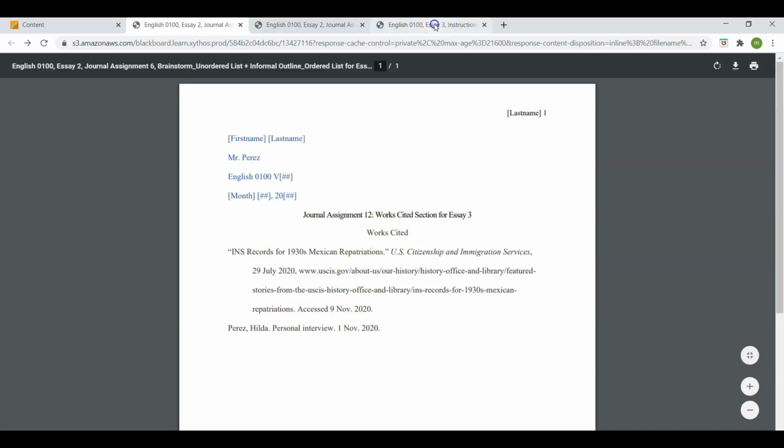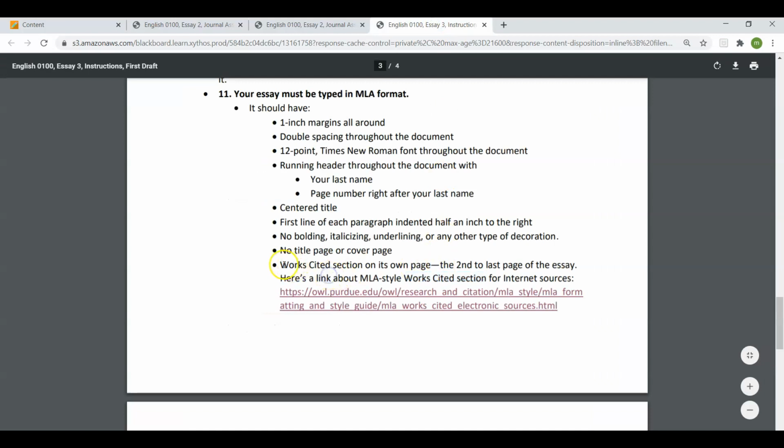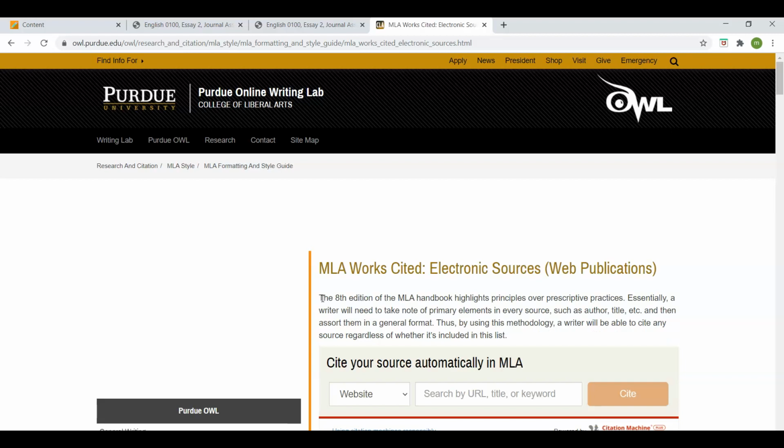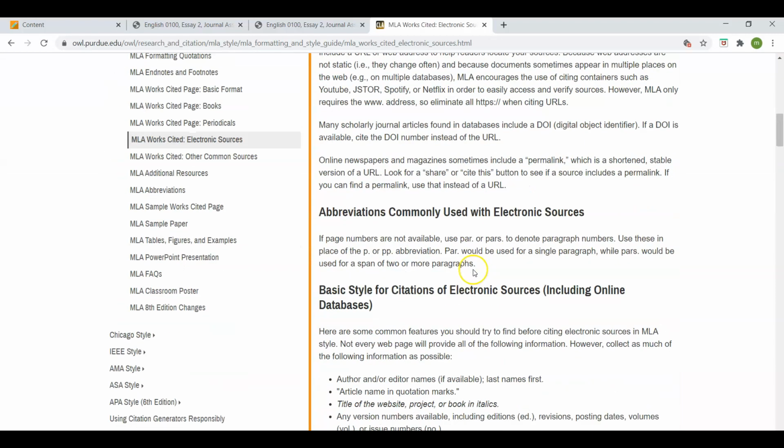Let me go back to the instructions for a moment. Let's see. Yeah, there it is. Works cited section on its own page, the second to the last page of the essay, right? There it is. Now I'm going to click on this. You can do that too. This now took me to a works cited